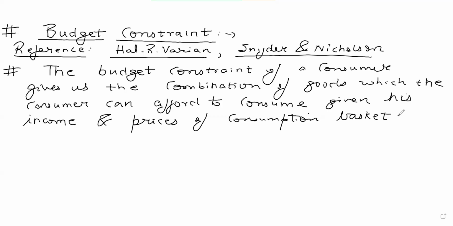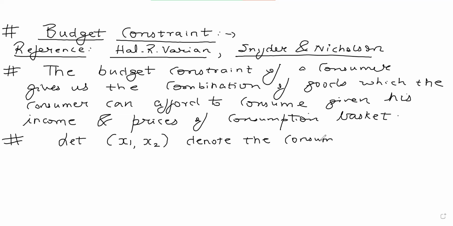Now I'm going to limit it to two goods. We are going to call them good X1, good X2. But we can extend it to multiple goods, to more than two goods. Okay, so let X1 comma X2 denote the consumption vector. It's a consumption vector in the R2 space, basically. I'm adding a bit of mathematical economics also. So X1 comma X2 denotes the consumption vector in the R2 space,